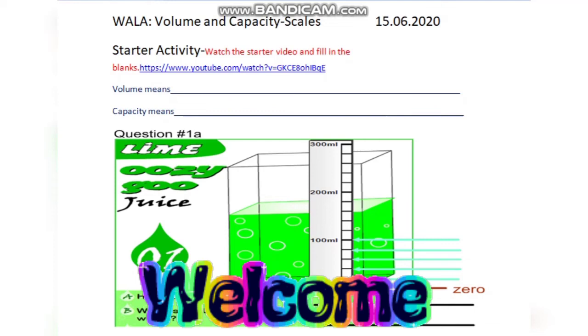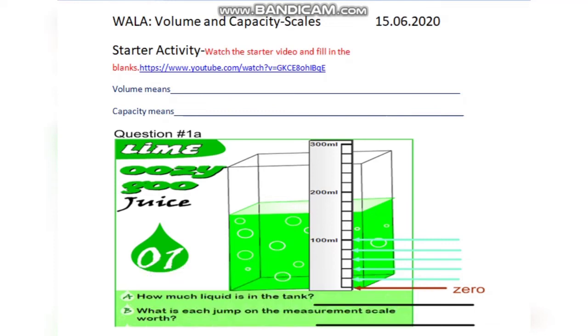Okay, so now that we've completed our starter and we know that volume means how much liquid is in a container at a given moment, and capacity means the maximum amount that it can hold, we can move on to question 1A, and it's asking how much liquid is in the tank and what is each jump on the measurement scale worth. So we can see where 0 is at the very bottom, where it would have nothing in it,